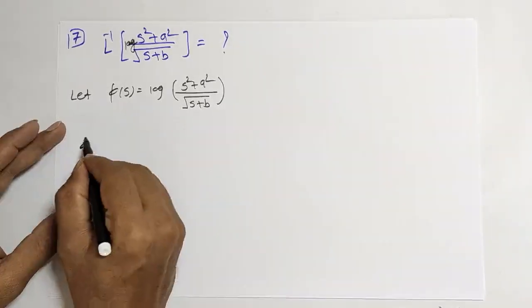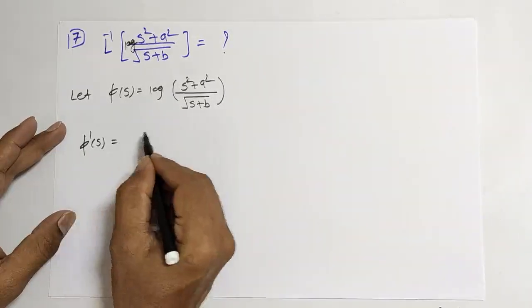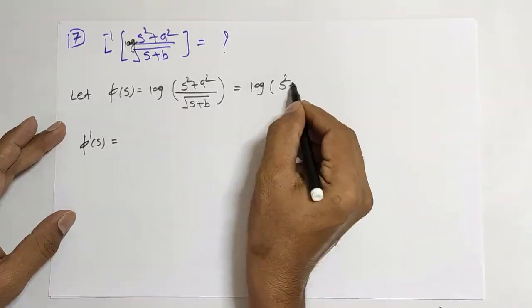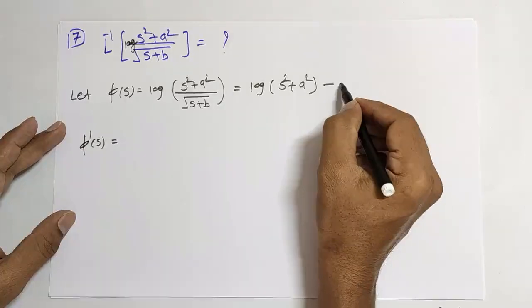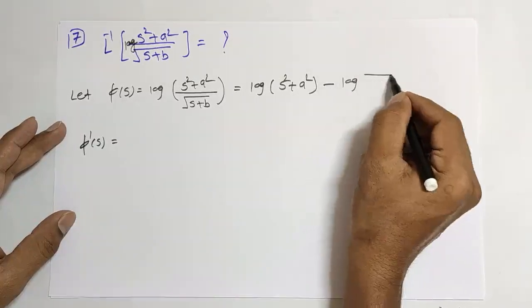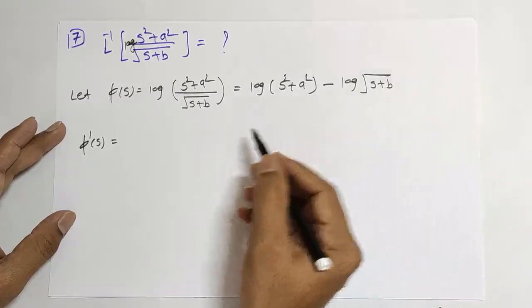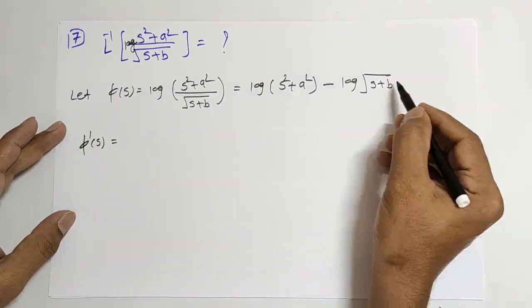So differentiating, phi dash of s, before differentiation I am going to use the property of logarithm, minus log of under root of s plus b. So this can be written as